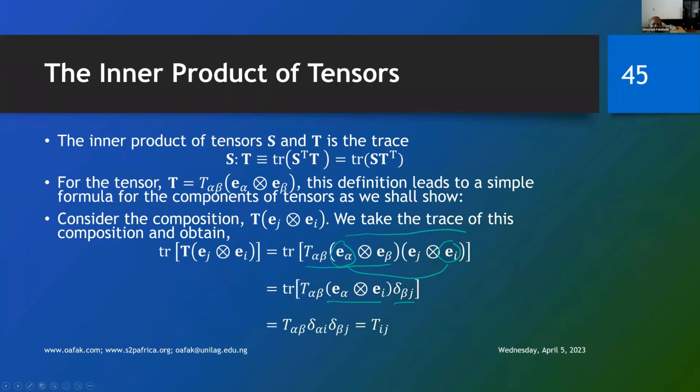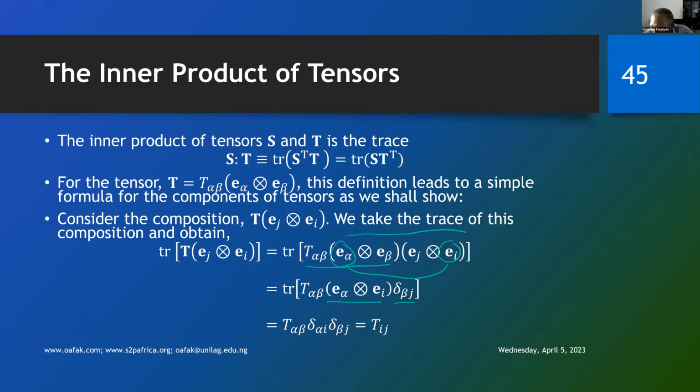Now, the next thing we want to look at is the inner product of two tensors. You already know what the dot product of two vectors is. In this page, we are going to define something new. That is the inner product of two tensors. If you have two tensors S and T,